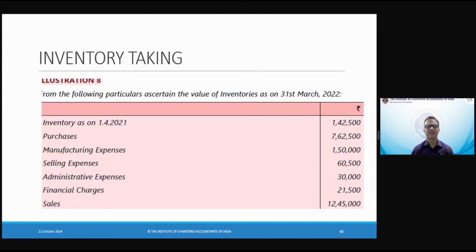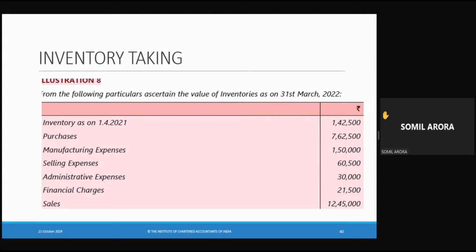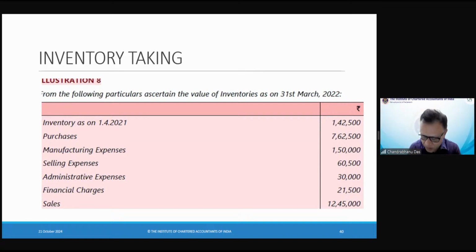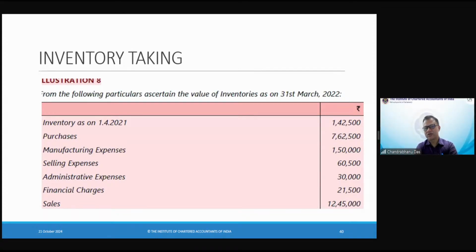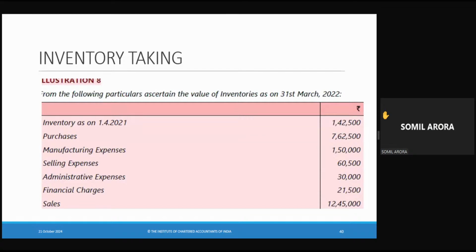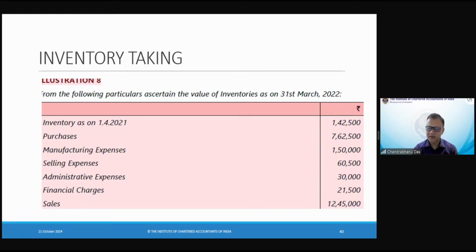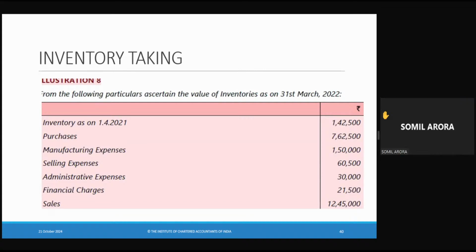The same thing I had discussed earlier also. So Pari Sharma, yes. Somil Arora, yes. Purchases, क्या हुआ? Yes, purchases will be taken in the cost of inventory. Anyone more? Manufacturing expenses, and which will not, administrative में थोड़ा सा डाउट है। किसमें? एडमिनिस्ट्रेटिव एक्सपेंसेस में।